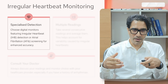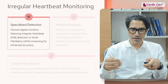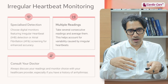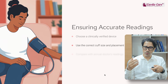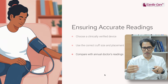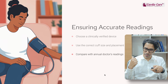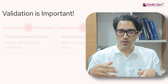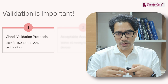So if you are having an irregular heart rate and your digital monitor is not showing a blood pressure, you need not be frightened, because they are most of the time inaccurate when there is an irregular heart rate. You should ensure a proper blood pressure recording through a digital monitor, and we have already discussed how to do proper blood pressure monitoring at home. For that you can refer to our prior video. But the most important thing when choosing a BP monitor, especially a digital monitor, is to